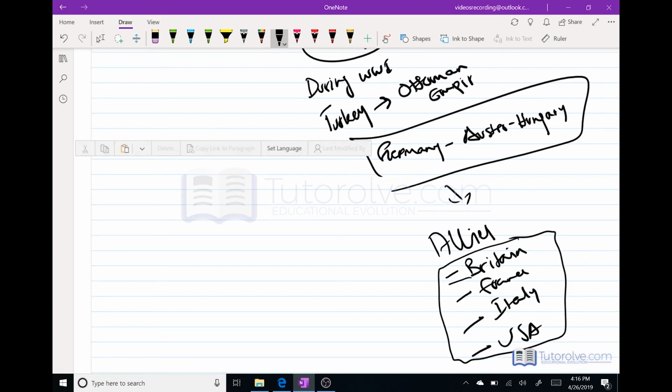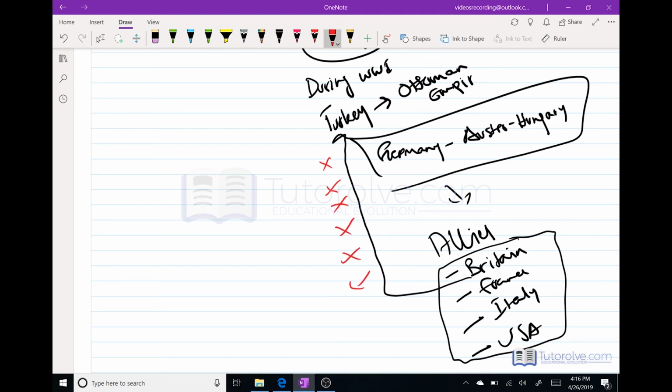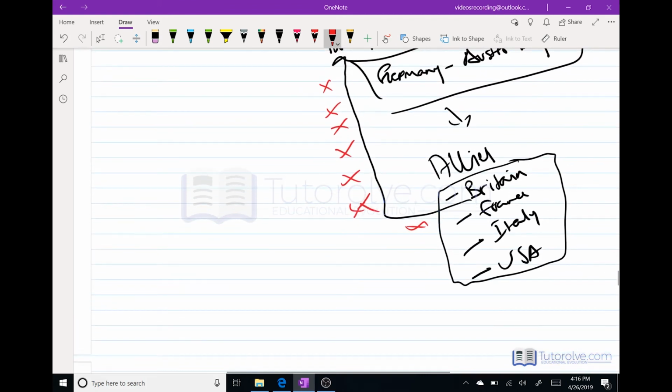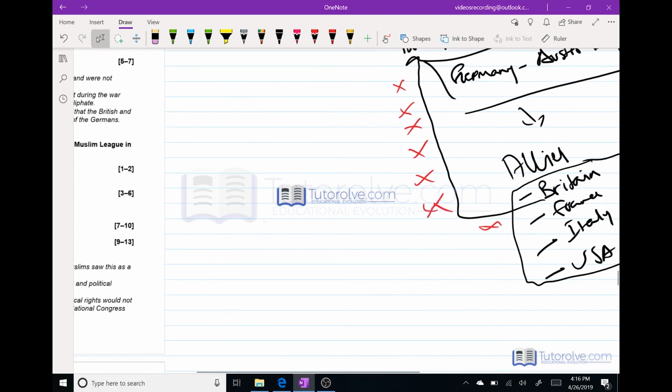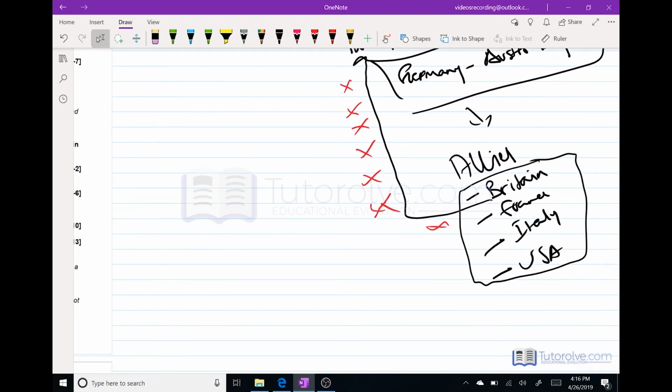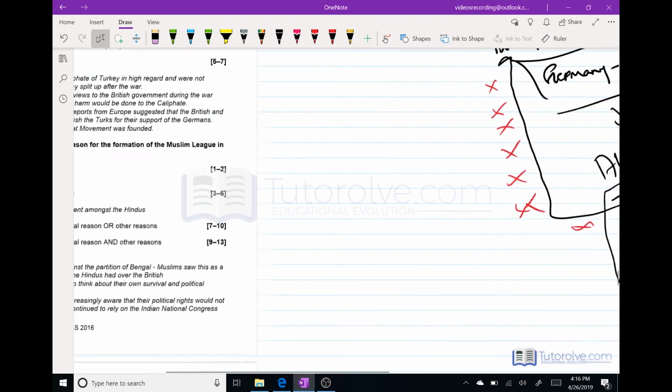Now Turkey was in direct fight with the British. So once the First World War ended and Britain won, defeating the Ottoman Empire, the Muslims of the subcontinent felt threatened, and they felt that the last bastion of Islamic Khilafat was under threat because of the British. So a whole movement was started to protect that particular Khilafat.